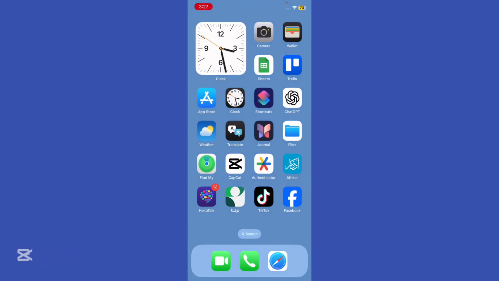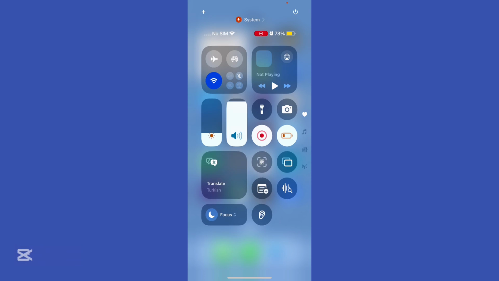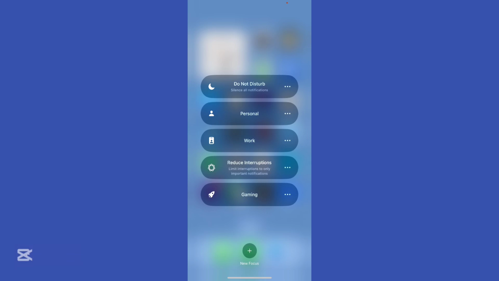Next, what you're gonna do, scroll or swipe down to your control center, and as you can see, make sure that you turned off the do not disturb mode. That way you're gonna be able to receive